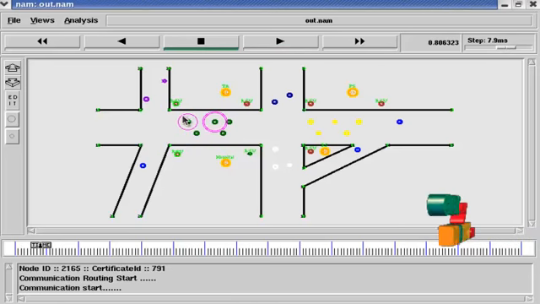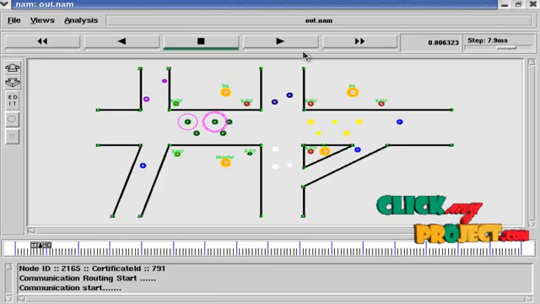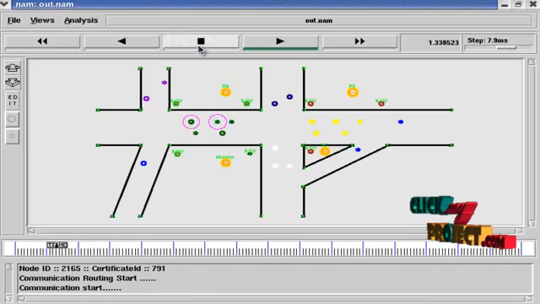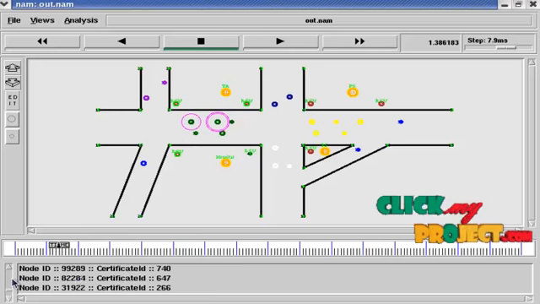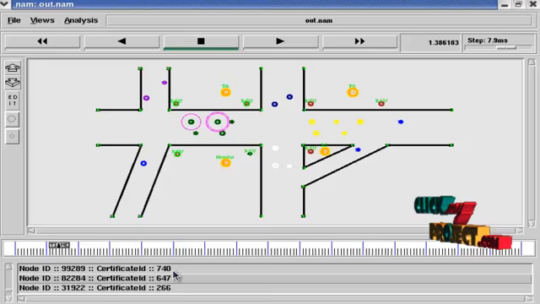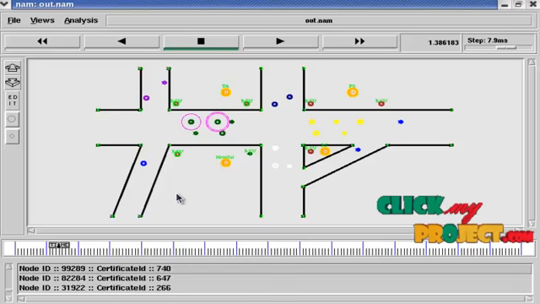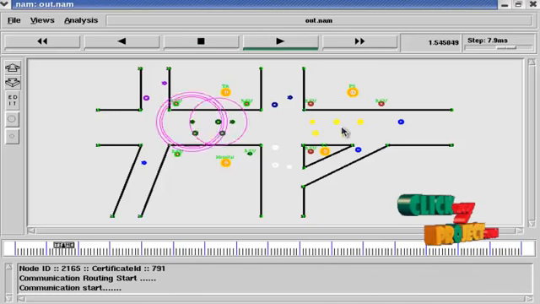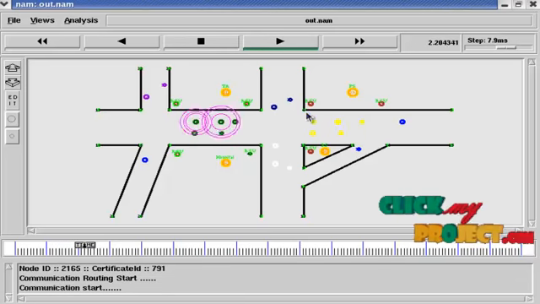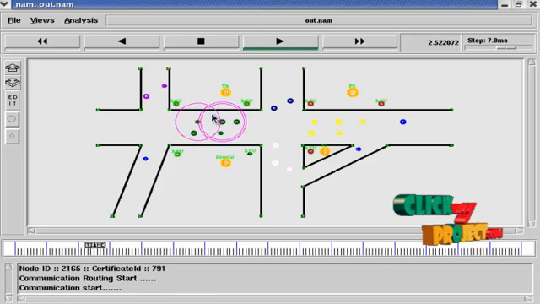So here the two nodes want communication. The node ID and the certificate ID are generated here. So the communication is based on the node ID and the certificate ID. The decryption key is used to verify it. The TA is the trust authority.